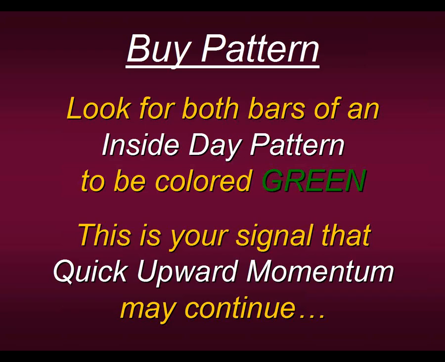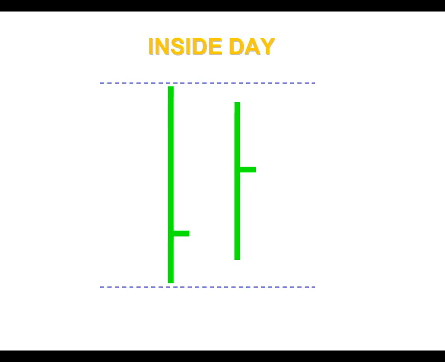Now, if we want to buy, this is what we should look for. We want to look for both bars of an inside day pattern to be colored green. Okay, we're going to apply the PET-D and we're going to look for that inside day pattern, and both of those days must be colored green because this is our signal that a quick upward momentum may continue. So this is what we're looking for. If we see 2 green bars and both of those bars represent an inside day pattern, this is a strong